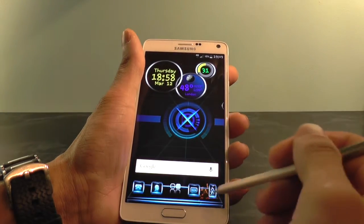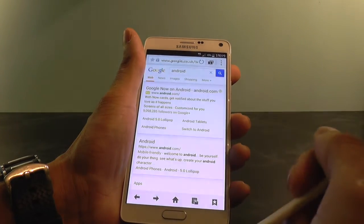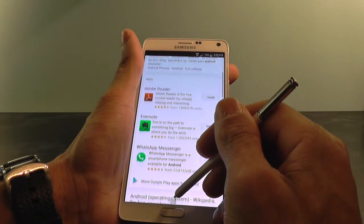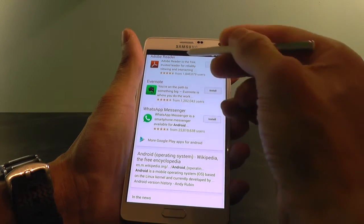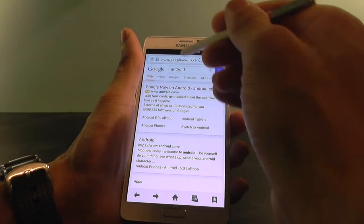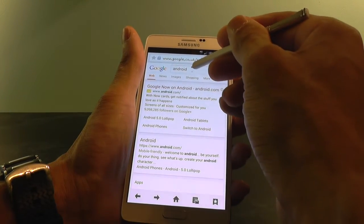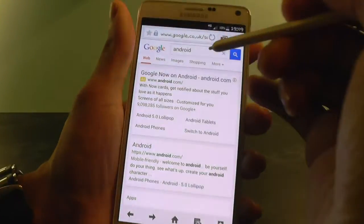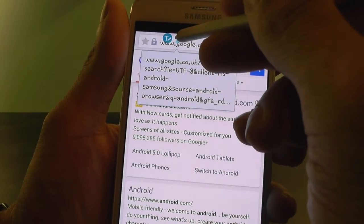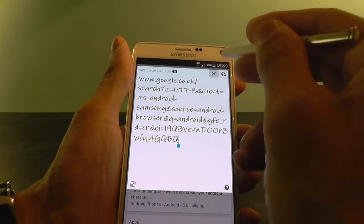Let me go back into the browser. Let's go forwards. So same here on the internet page, you can scroll down just by hovering the S Pen on the screen, and again you can scroll up just by hovering the S Pen. Really handy. So anywhere there's a text bar where you can input text, you'll notice here, if I come in a bit closer, you'll see that little T comes up. So if you hit that icon, what this allows you to do,